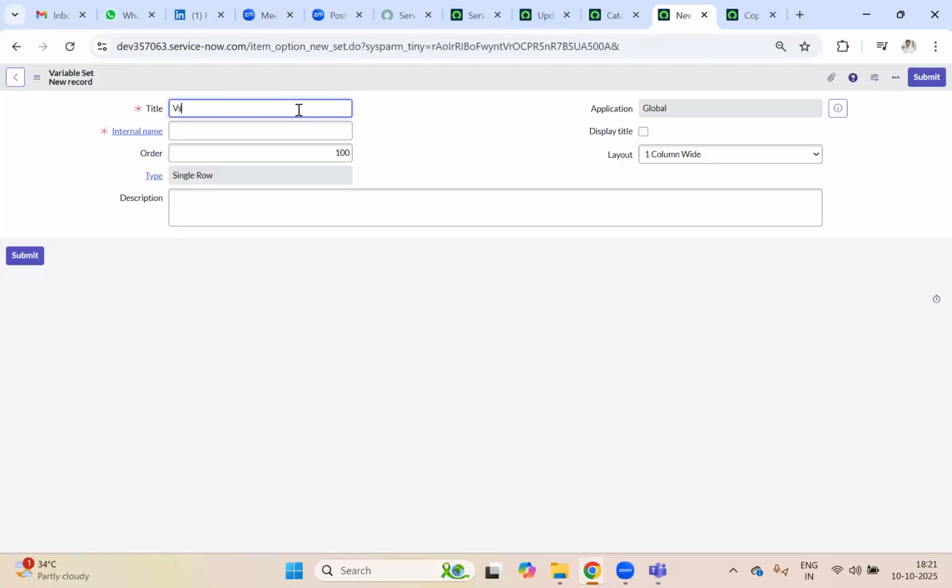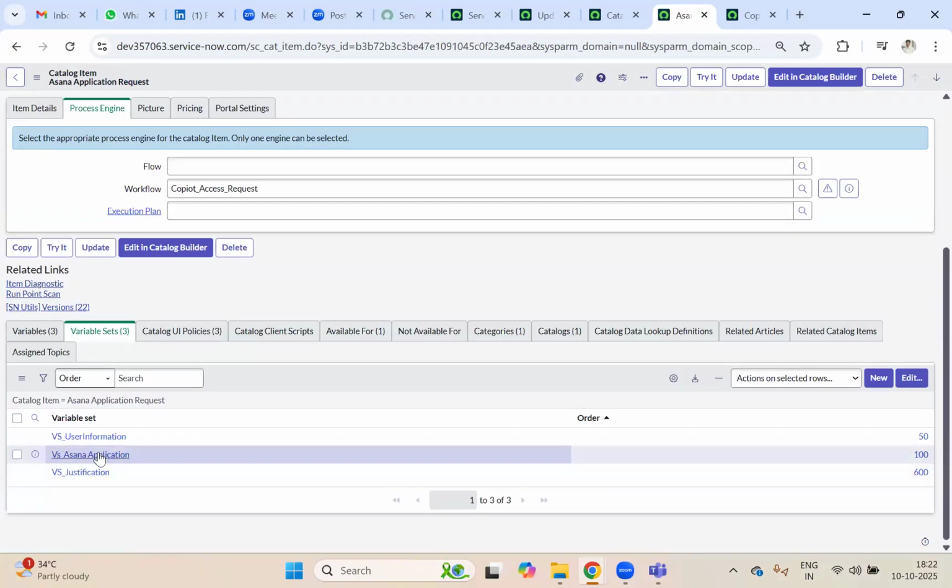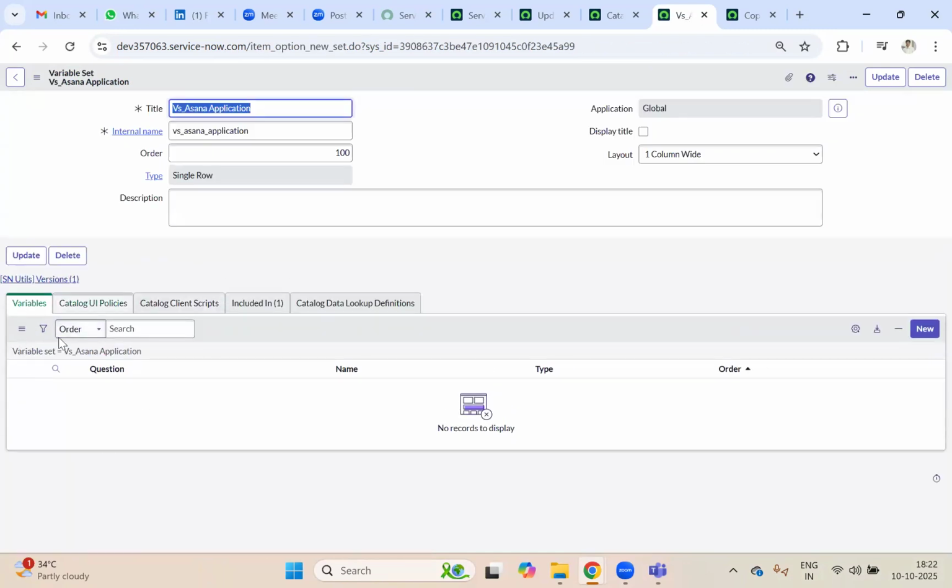I'm asking VS, which means variable set, okay? Asana application. Okay, this is our application. I'm trying to submit this one. So automatically my Asana application variable set has been created. Now inside that I am going to create